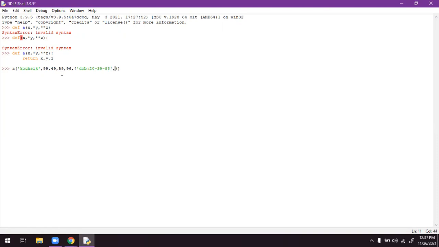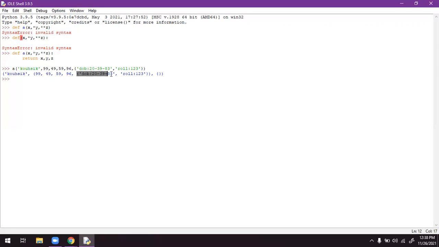Comma, and for roll number it is 1, 2, 3. If I hit enter, I got Kaushik and some marks.